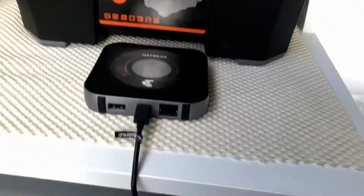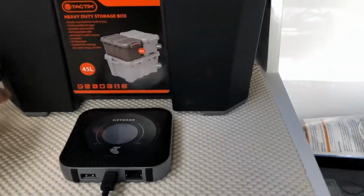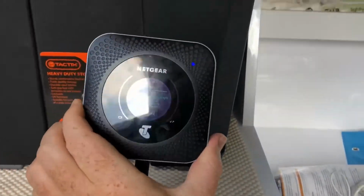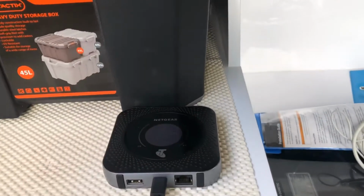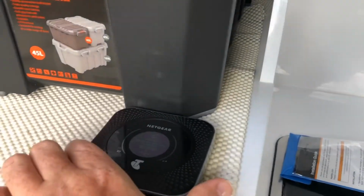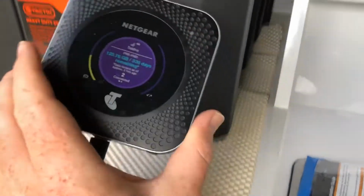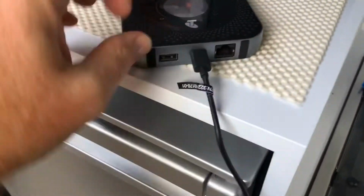You can actually charge them via USB. It's a USB-C connector. So if you are going to charge them by USB, you're best to actually plug it into like a power source if you can. If not, you can just use a normal USB outlet, but it might take a little bit longer. So yeah, these are really good. The other really good thing about them is on the back,